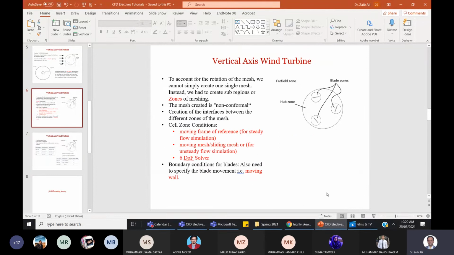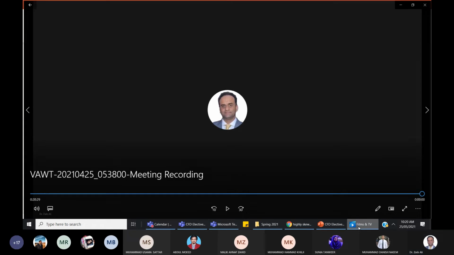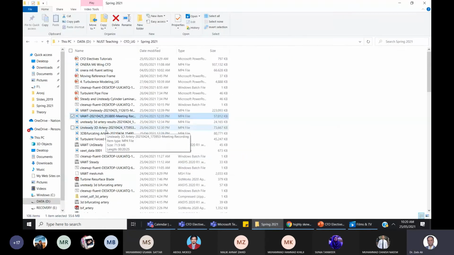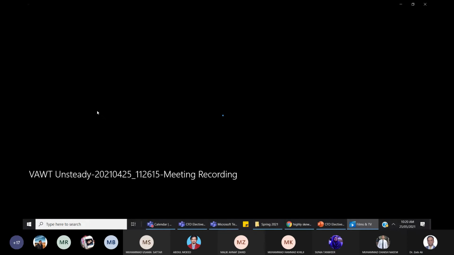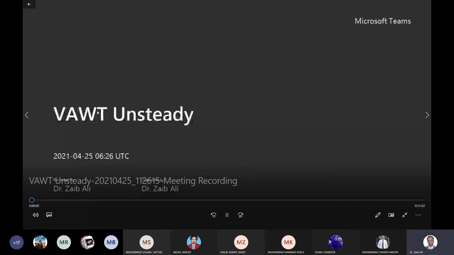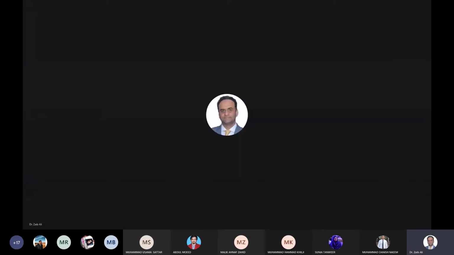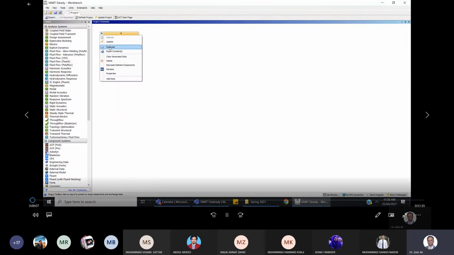Okay, so that was the steady part of it. Now, moving one step further, how to simulate unsteady flow using the moving mesh method or sliding mesh. So that is a more advanced or more realistic simulation of this one. There's only one point by which you can convert this problem or tell the solver to now solve a moving mesh problem. So it's the same problem,